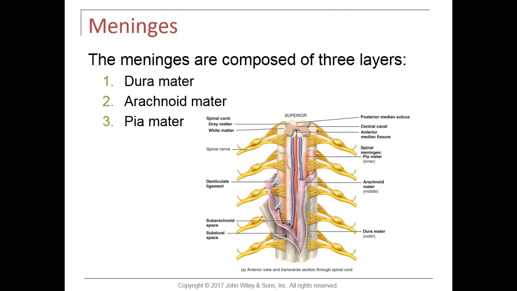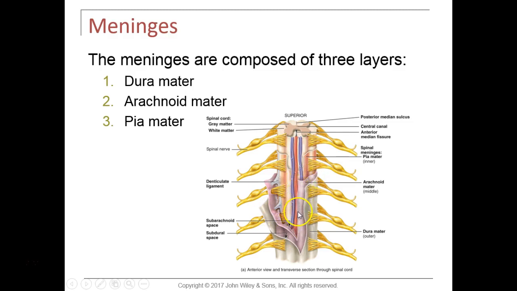The three connective tissue layers that protect the spinal cord and also wrap around the brain include the dura mater, which is a very tough, dense, fibrous connective tissue layer. You see right here where it's identified. I'm not going to put these pictures on the test, but we need to know where the layers are. So the dura mater is the outermost layer that surrounds the entire spinal cord. Just inside of the dura mater is what we call the subdural space. So there's a little space in here between the dura mater and then this layer right here, which is called